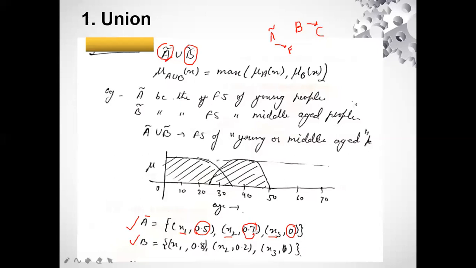In the earlier session also, I told you, as the membership function of an element is higher, that means it belongs more to the set that it defines. That means X2 is the element having the greatest value among all these elements as young, while X3 has the membership function as 0. That means it does not belong to the young age at all.